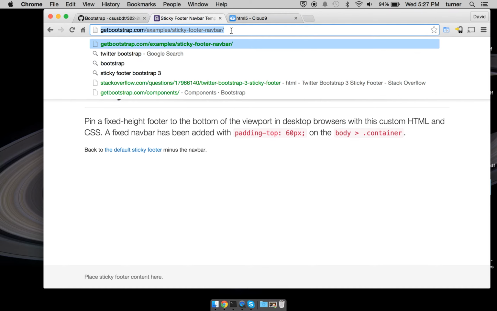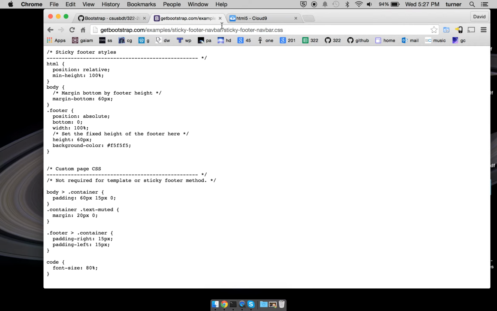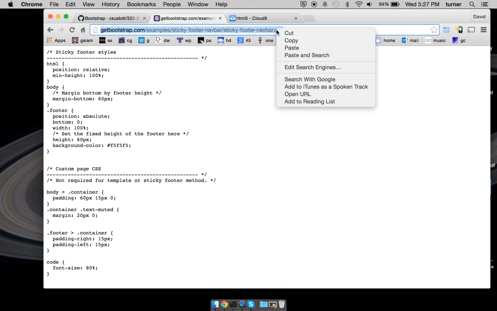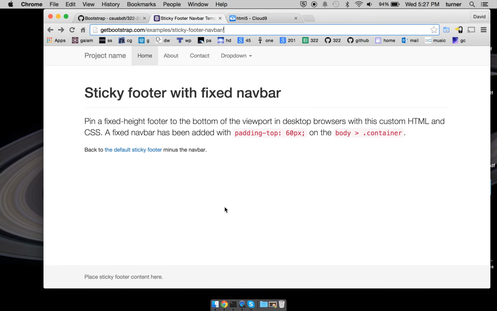And I'm going to paste that right in there. See, that's where the CSS is located. And I'll show you a nice way to get it. I'll just copy that link. Go back to the example. And then inside